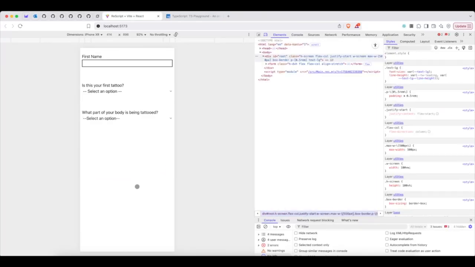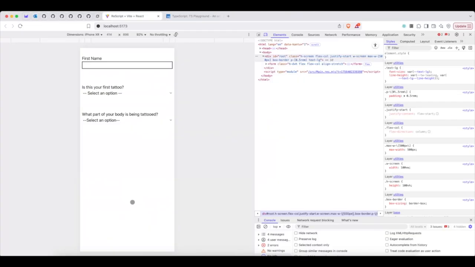We're working with a form, and it is a tattoo intake form that I was in the process of developing for a client. It just basically presents the user with a set of options concerning which part of their body they need to be tattooed. So you can imagine that list would be overwhelming if all the options were presented at once, and so we guide the user through a set of select options that